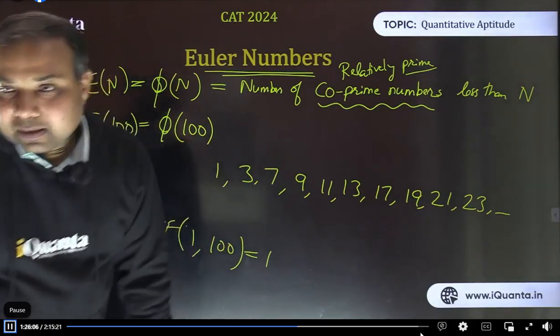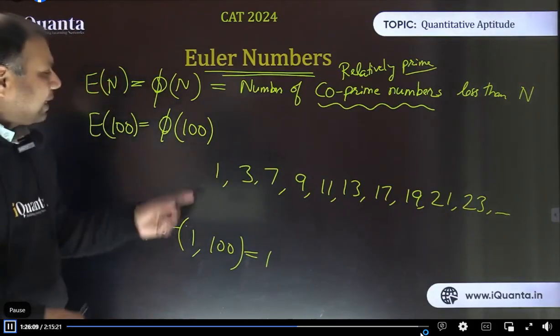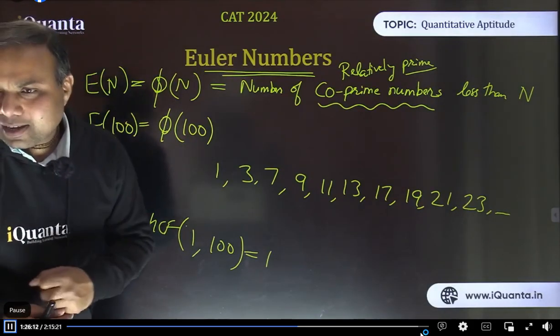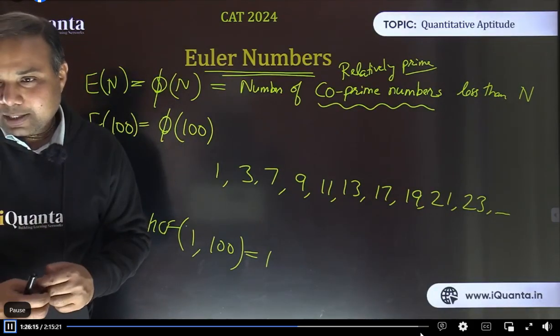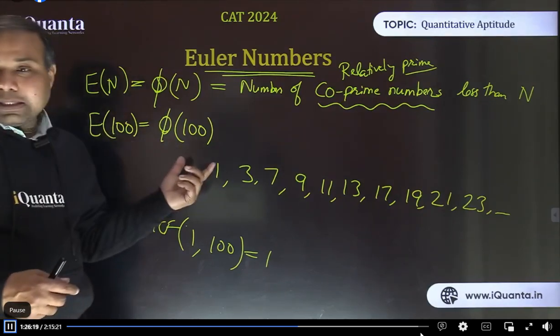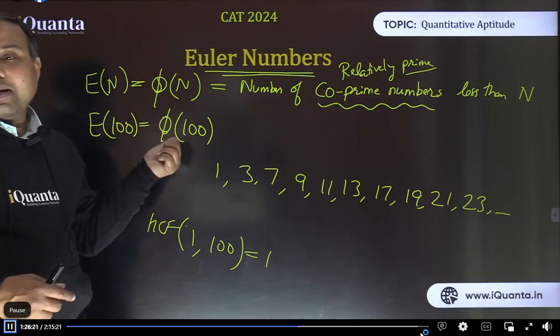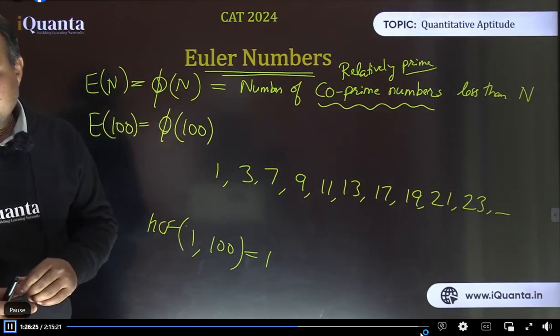So we are just writing. Why not 8? Deepak is saying. भैया दीपक आप बताएं 8 और 100 का highest common factor 1 है क्या? It's not. Right? So we are writing the co-prime numbers of 100, which numbers are co-prime to 100 and less than 100. ठीक है ना?